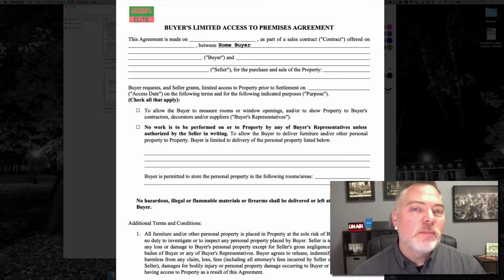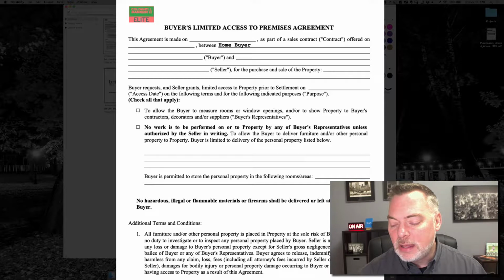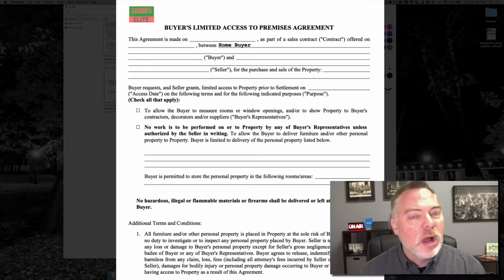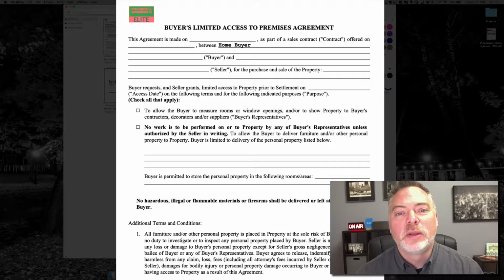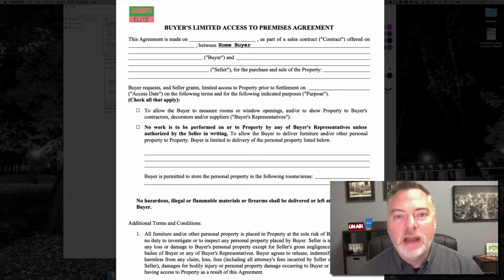A reminder back, if you go back and watch the video of the core contract, the access to property clause allows the representatives of the buyer there for specific purposes and only specific people, surveyors and appraisers and home inspectors, if there's a home inspection contingency under that qualification. And then it says 7 days prior to closing, you have the right to do as many walkthrough inspections as you wish. But those walkthrough inspections are to inspect work that's been done, quality of the home,